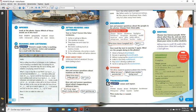7. It's 7:30 now. What's Katy doing? She's having dinner. And finally, it's midnight now. What's Katy doing? She's going to sleep. Very good. When you finish writing the questions and your answers, you're going to check